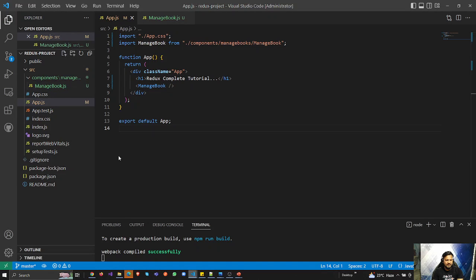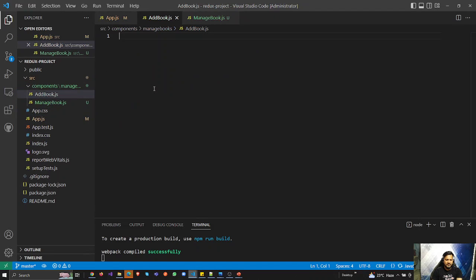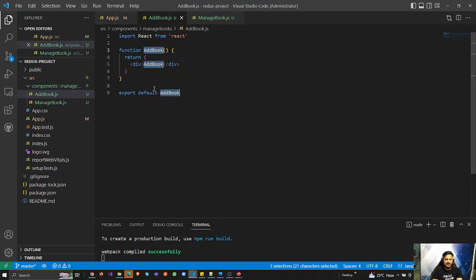Okay, and here in the components, I'm going to add add books, or add or update books, but whatever name suits you, add books.js, and I'm going to use the RFC snippet for creating this component. So now on this page, I'm going to add a form for adding the books, and I can create a table,